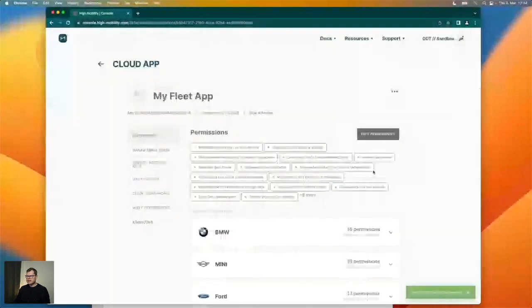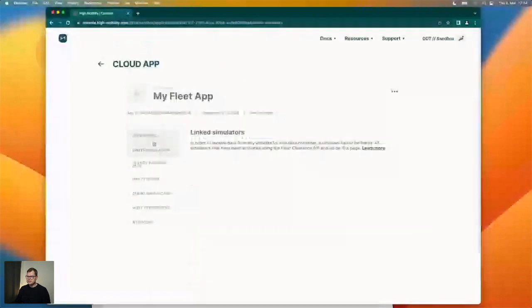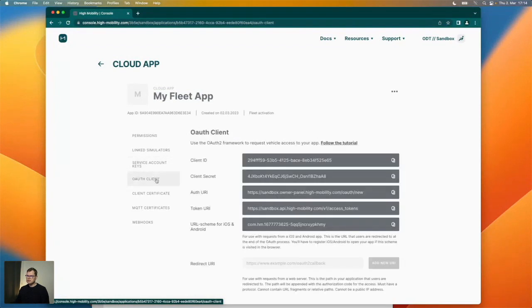Then we have linked simulators. Whenever we start to work with simulators, they will show up here. Then we have service account API keys. These are the credentials that are used for our fleet clearance API, and also for some other APIs, but importantly the fleet clearance API, so I'll be using this today. We've got the OAuth client, so it's possible to renew access tokens if you're using a